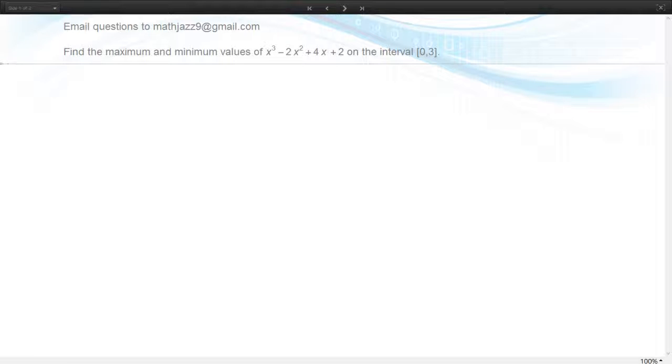So for this problem, we're going to have to take the derivative and find out where the derivative equals 0. Since this is a polynomial, we know it has a derivative everywhere, so we don't need to worry about finding places where the derivative doesn't exist. But we'll find all of the places where the derivative equals 0, and then we'll check the ones of those values that are in the interval against each other and the endpoints. And the largest of these values is going to be the maximum, and the smallest of these values will be the minimum. So the derivative is going to be,